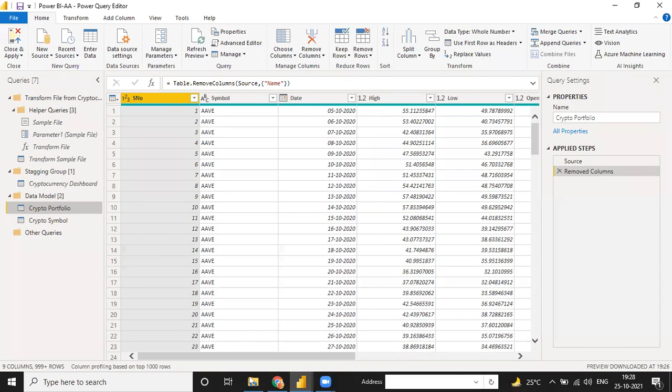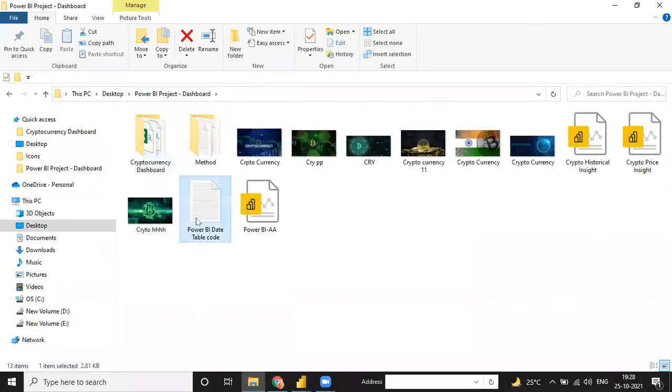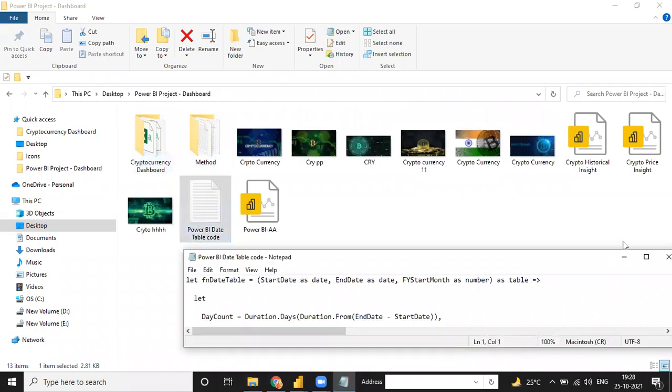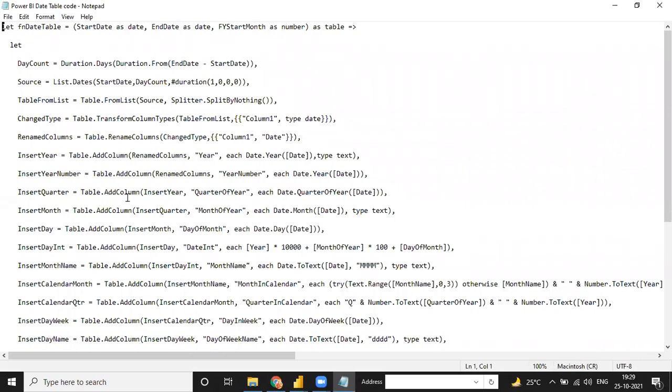I have made one piece of code, in one separate file for this. See, this is my Power BI date table for every project. This is your date table. I wrote the code in the background and saved it in my notepad. Then for every project, I just copy this function into my Power BI, and our date table is ready. Whatever range we want, we just enter it for that project.